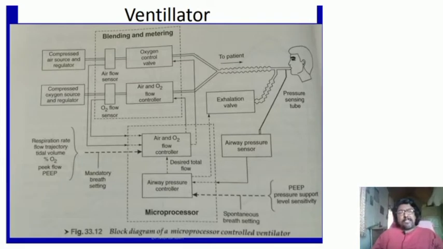As you can see in this block diagram, let me point it out. This windpipe will be inserted into the mouthpiece, or in certain cases it will be inserted in this tunnel. We have the respiratory tract, right? So in certain cases they used to implant inside the tract itself, inside the respiratory tract itself.